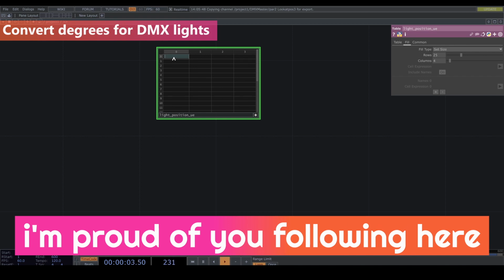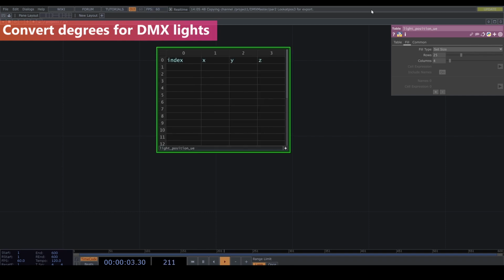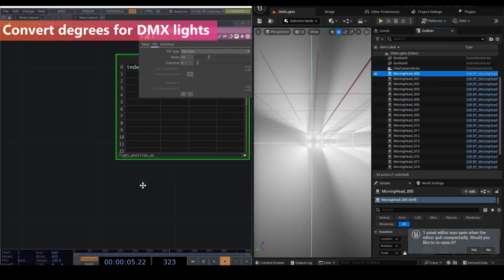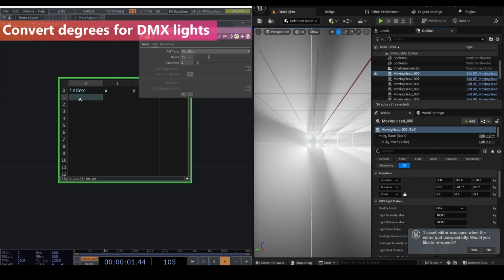So first is the names like index and x, y, z. So let's split the window to see what's going on. So first is a moving head 000. So we need to type all of them. So I know it's super annoying. So hopefully